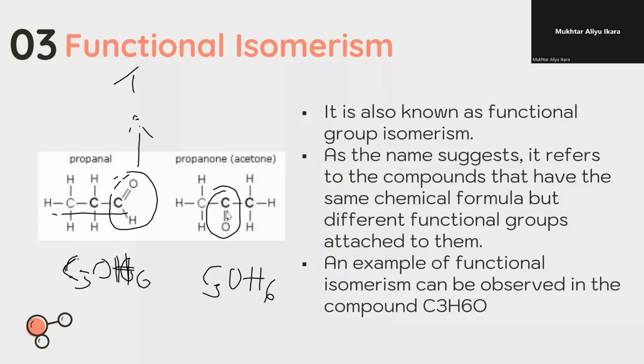So this is an alkanal functional group, and of course, this is an alkanone functional group. So this type of isomerism, in which the compounds have the same chemical formula but different functional groups, is called functional isomerism. And of course, a functional group is an atom or group of atoms that determine the chemical properties of